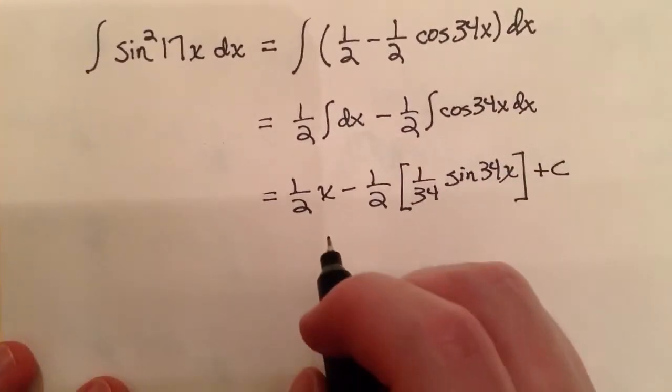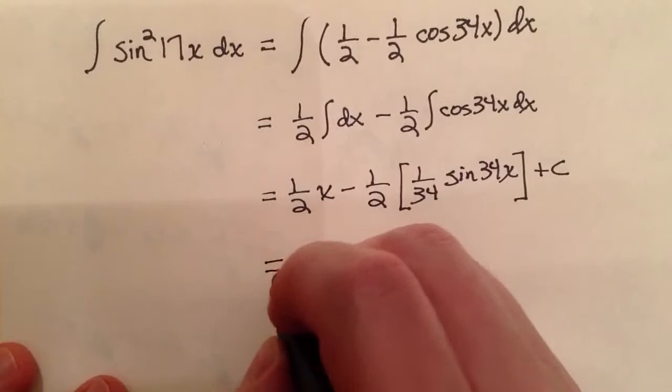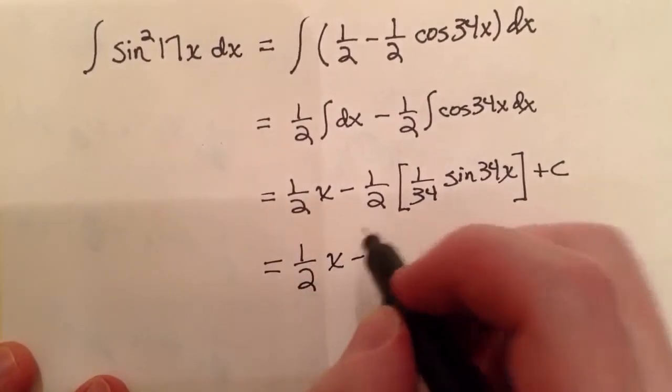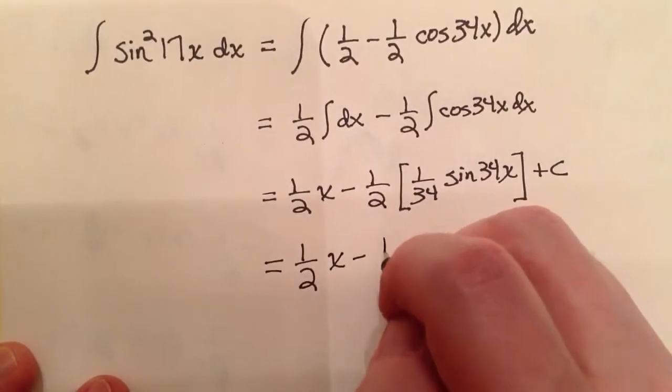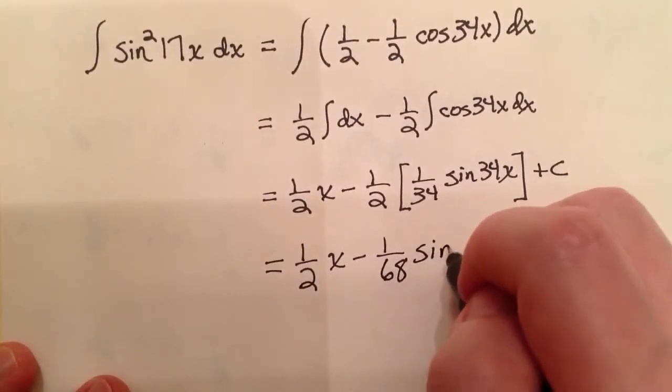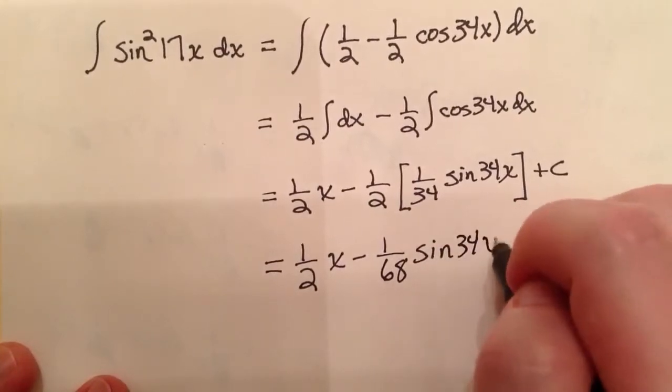And so for the complete final answer, we have 1/2 of x minus 1/68 of the sine of 34x